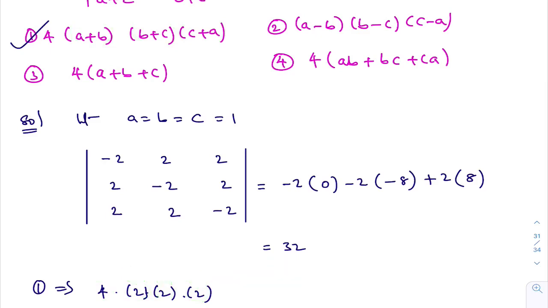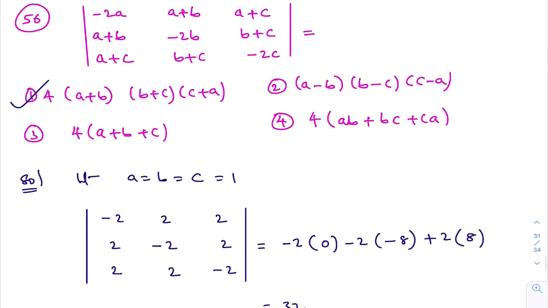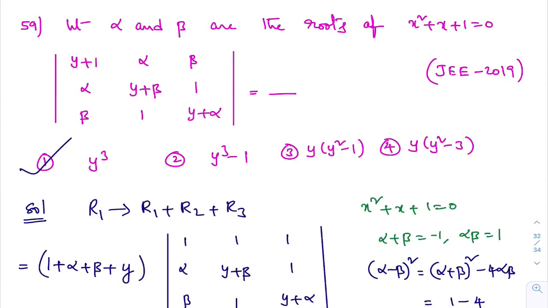You can check what this will become. This will become 0. What will this become? This will become 12. 4 3s are 12. What will this become? This will also become 12 only. I hope you are understanding, right? So, what is the right option here? First option is the right option. Now we will see the next question.